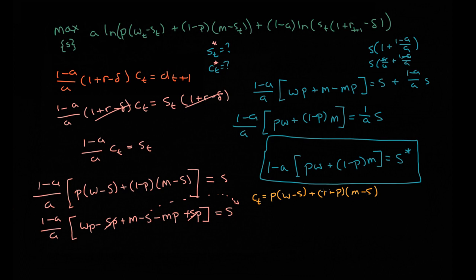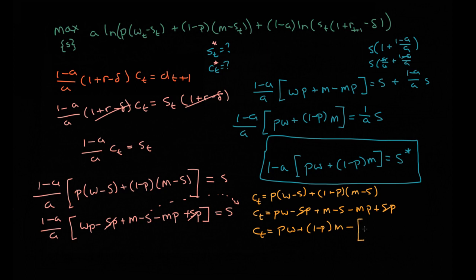Let's do our expansion before we plug in s to make our life a little easier. Pw minus sp plus m minus s minus mp plus sp. Cancel, cancel. So C_t will be equal to Pw plus 1 minus Pm